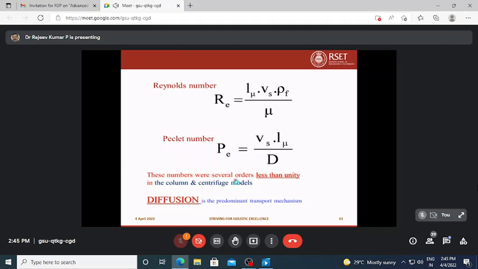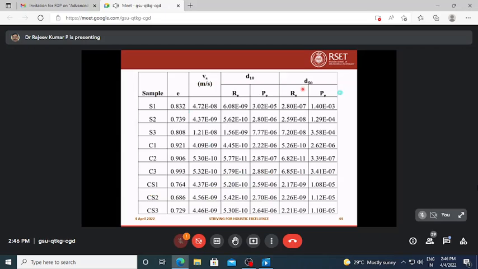So that was actually an indication that the diffusion is the predominant transport mechanism in the soil samples. You can see here these are the calculations we have done, and the Reynolds number here is 6.8 × 10^-9. At the same time for D50. Why are D10 and D50 used? Actually, for barrier systems, these are the particle sizes we normally adopt for constructing the soil barrier system.